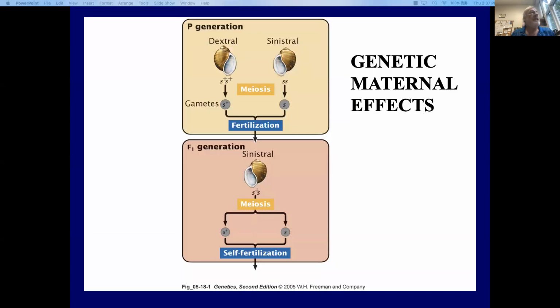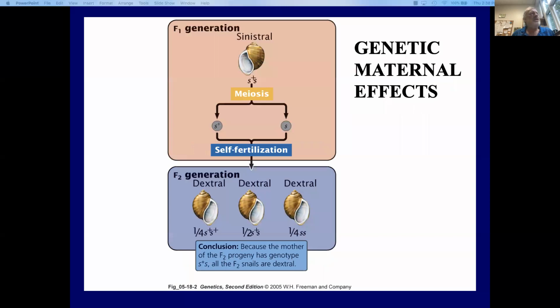So we're taking a dextral snail, crossing it with a sinistral snail. Both are homozygous, S+S+ and ss. And as you'd expect, our F1s are heterozygous. However, you expect them to all be dextral, but they are all sinistral in their phenotype. Strange. Now, if we self or cross these F1s, we see that our F2 generation are all dextral regardless of